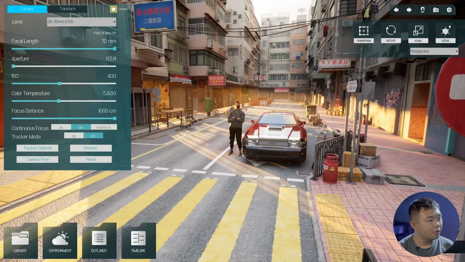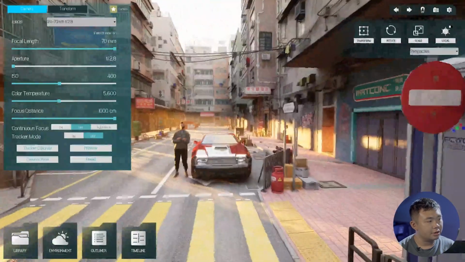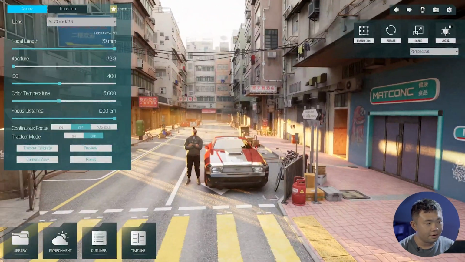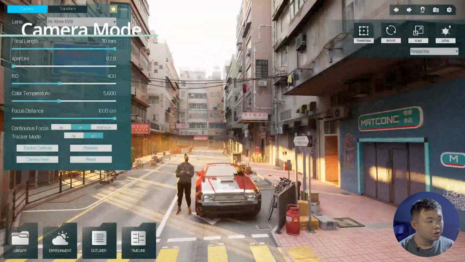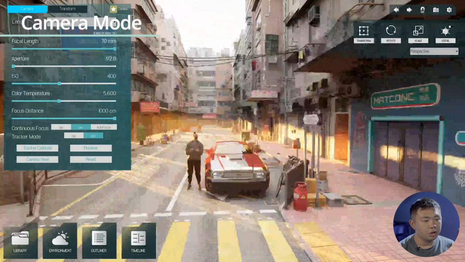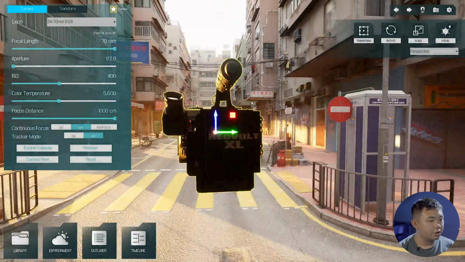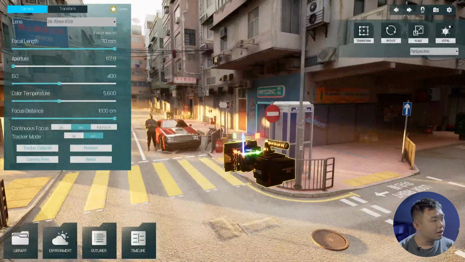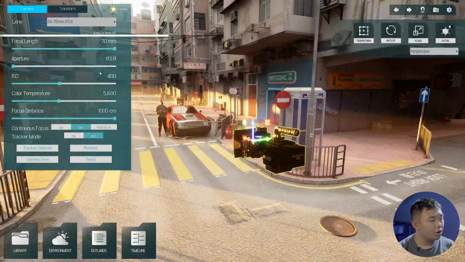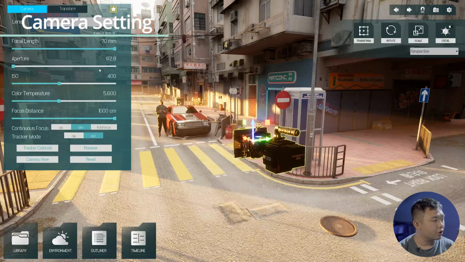In this video, we explore camera settings and how to save and export your projects. Let's get started. I believe all of you have noticed that there is a camera in the scene. After we position everything in the desired locations, let's switch to camera mode. We can press C on our keyboard to find our camera first. Alright, this is our camera. In camera mode, you can get lots of different settings to capture the perfect shots.